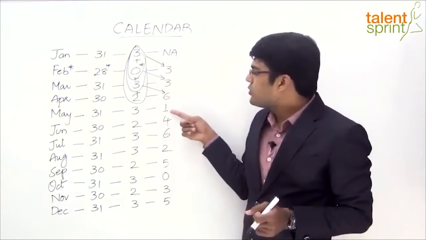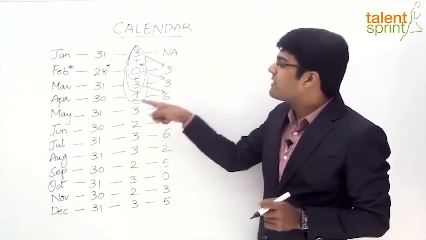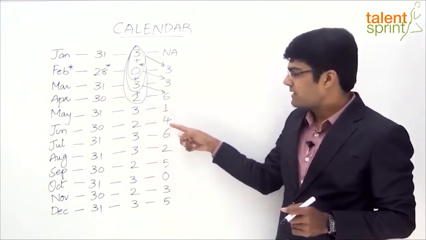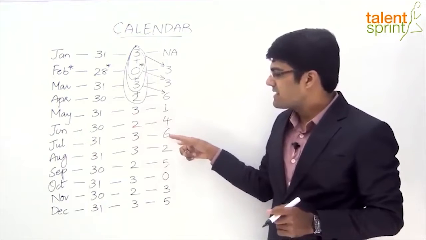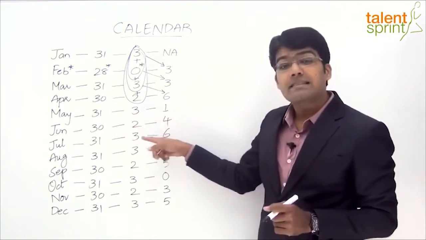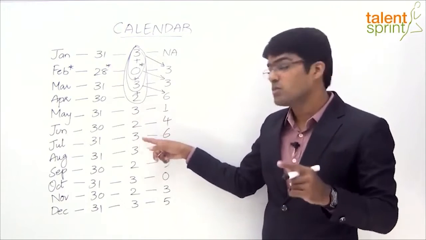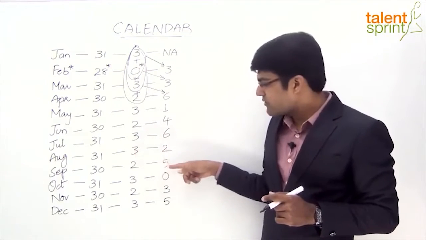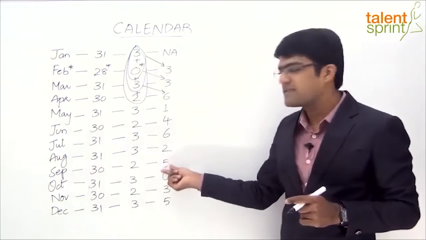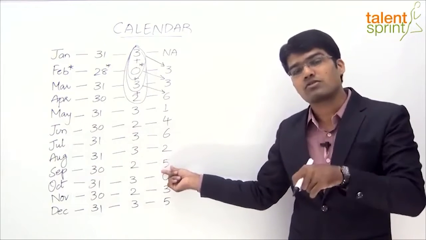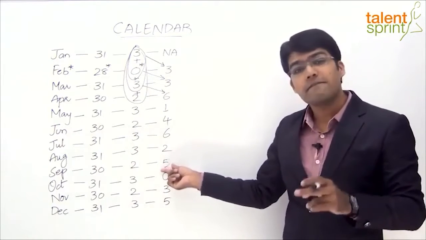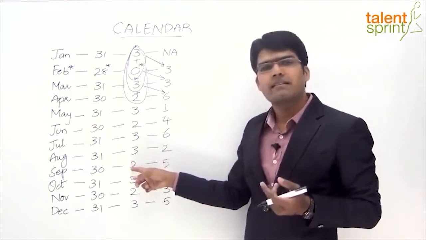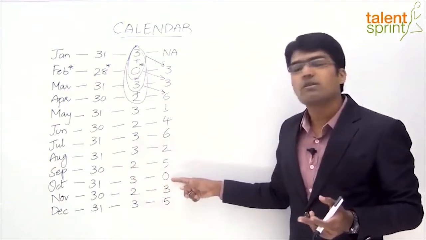Now if you observe, up to May we have got 1. Then in the month of May we have got 3. So 1 plus 3 will give us 4. Then 4 plus 2 gives us 6. 6 plus 3 is 9. 9 can be taken as 1 week plus 2 days. So we have got 2. Then 2 plus 3 is 5. That means for September the code is 5. So if the date belongs to the month of September, we need to take 5 plus that date. Likewise for October, 5 plus 2, 7. 7 odd days is equal to 0 odd days. So for October we have got 0.